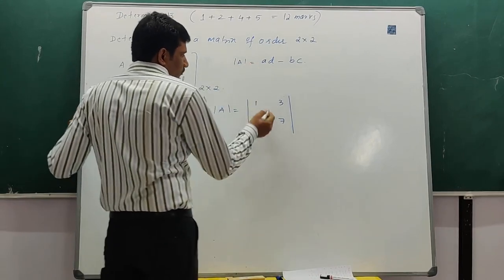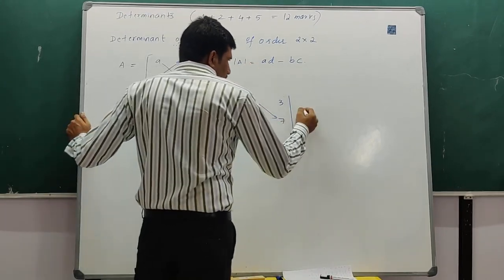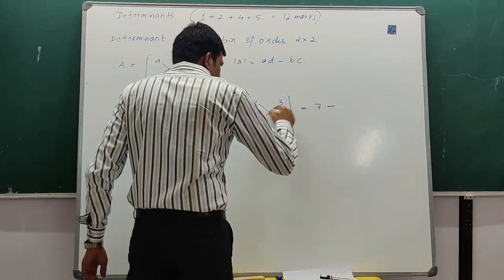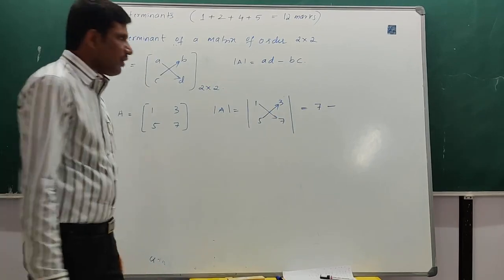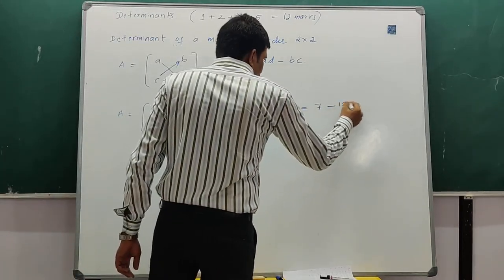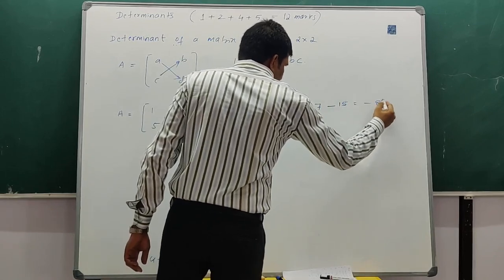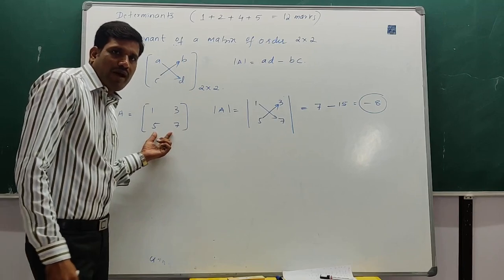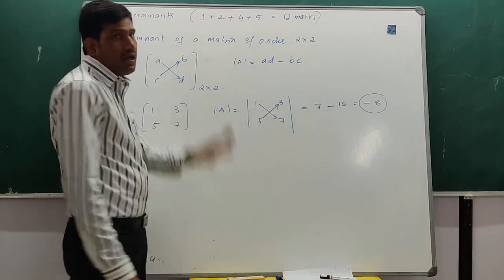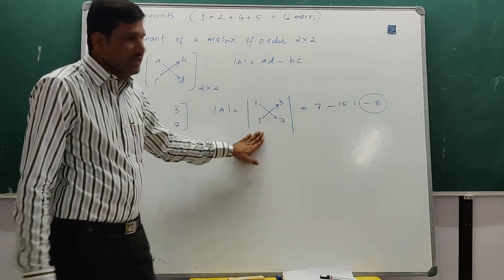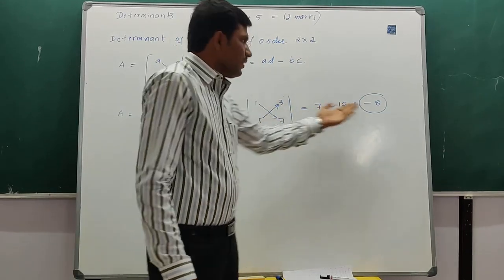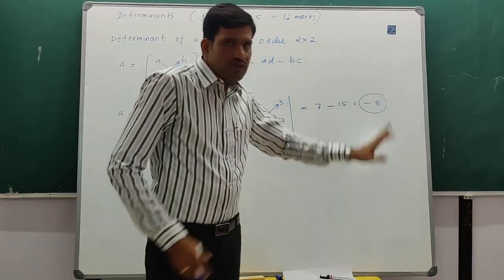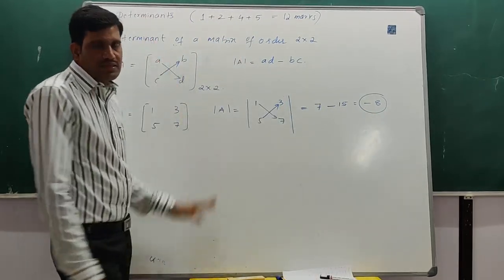Already I told you in general, first you have to multiply this. So that is 1 into 7 is 7, minus, next you multiply this, 5 into 3 is 15. What is 7 minus 15? That is minus 8. Minus 8 is some real value associated with this square matrix. That value we call the determinant, right? For this matrix this value is unique. If we change an element, this value is also going to change. So every square matrix is associated with some real value, and that real value we call the determinant.